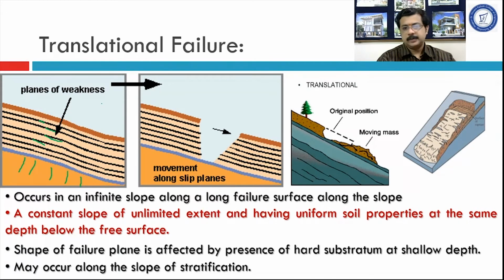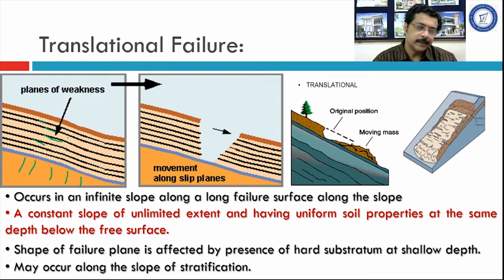Now you can simply understand what would happen if these are the planes of weakness, since there are a number of soil layers deposited one over the other. So this first interface would become a weak plane, and whenever the shear stresses predominate over shear strength, it will start sliding down. It will slide down through this interface. Have you understood this? So that plane of weakness would be nothing but the interface between two layers.